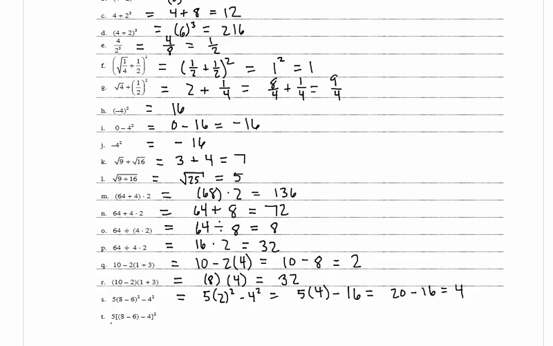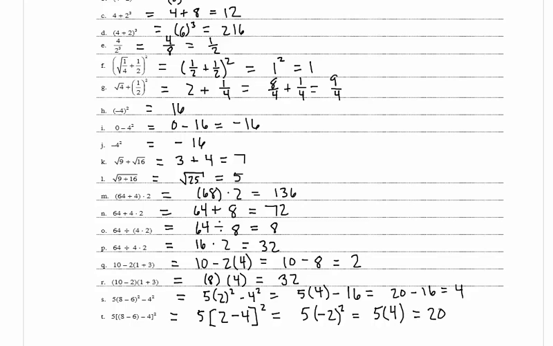In T, we have 5 times [(8 minus 6) minus 4] squared. So the first thing that we want to do here is start with the innermost parentheses, and that's 8 minus 6. So we're going to have 5 times 8 minus 6 is 2 minus 4 squared. And now we're going to take care of inside the brackets. So we have 5 times 2 minus 4 is negative 2, and we're going to square it. And now we're going to take care of our exponent. So we're going to have 5 times negative 2 squared is equal to 4, and